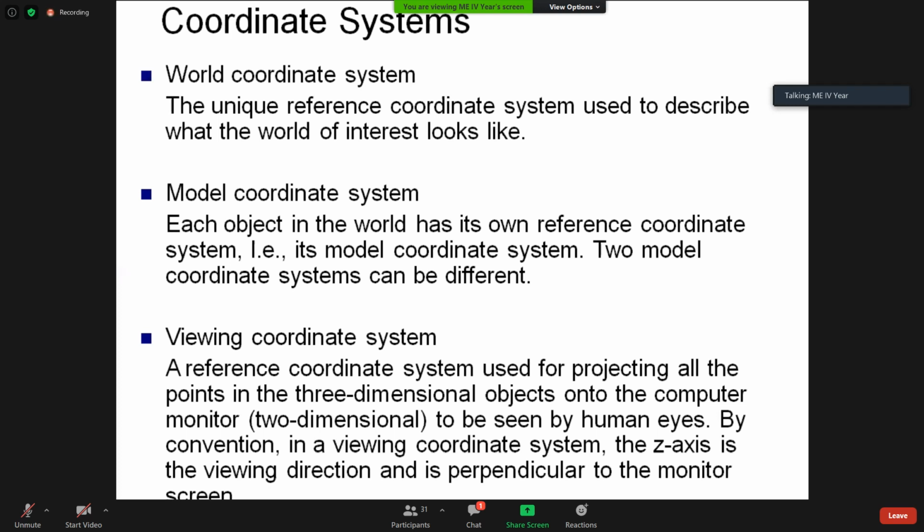I already told you this in the engineering drawing with AutoCAD course. Whenever you draw projections, you use either first angle projection or third angle projection. Which projection system is easy for you? First angle projection, because all Asian countries use this only. The Western countries use third angle projection.